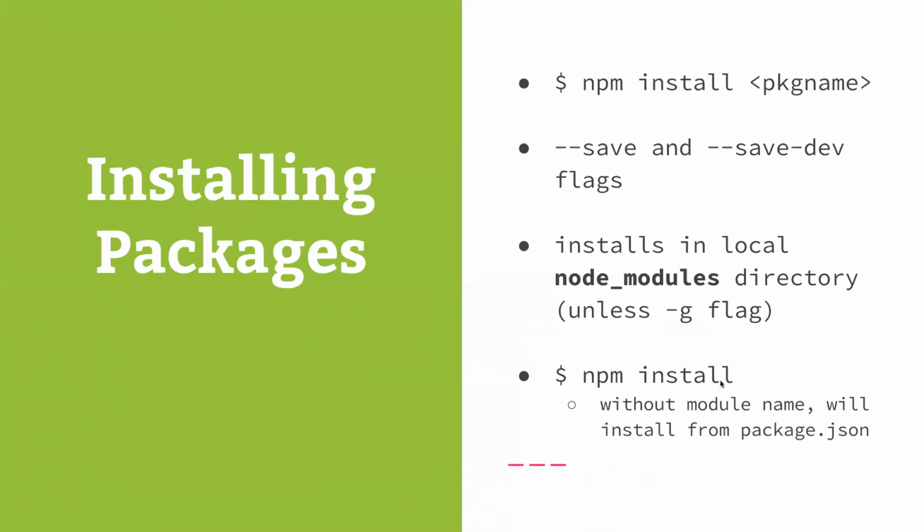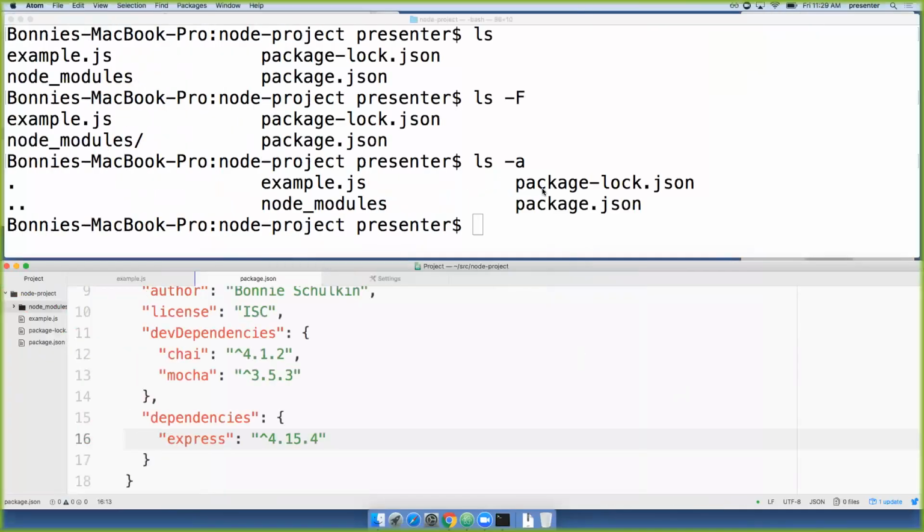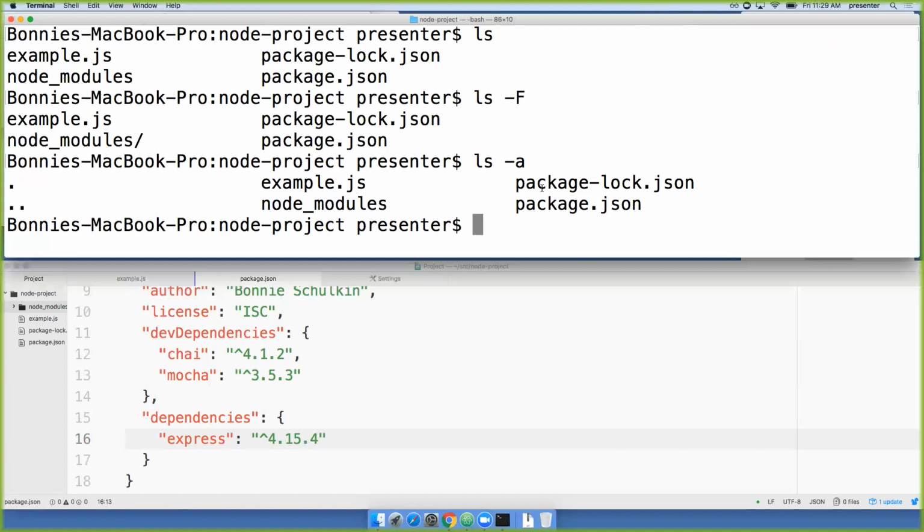And so let's talk about this. Let's say that I was committing this to Git, and I was going to be working on this project in conjunction with other people who are going to be downloading it from GitHub. The node modules directory is big. It's got a ton of stuff in it. It's got all of those dependency modules that it installed, and it is really not necessary for me to commit that to Git. It's wasted space, because I'm going to remove it,